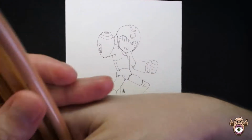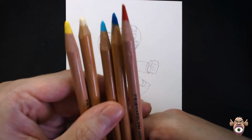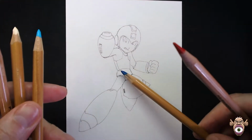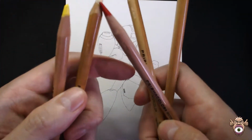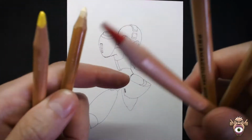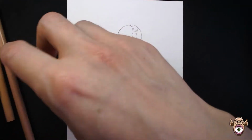We're going to be working on Megaman now, and we're using very few colors. We're keeping it simple. I'm actually missing one here that I add later on, but you only need one blue for the accents and then another one for the main parts of his body. Some red for the tip of the gun and yellow to highlight the accents on the side of the Mega